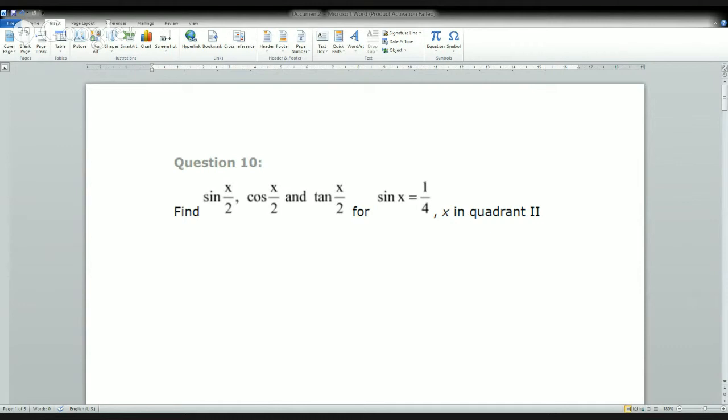Now x is in the second quadrant, so cos x is negative in the second quadrant. It will be cos x is equal to minus root 15 by 4. So this is cos x. So now sine of,